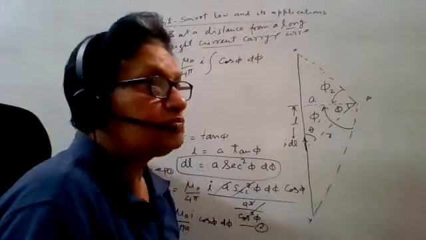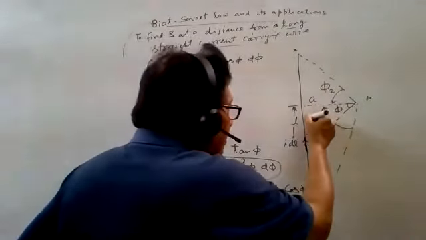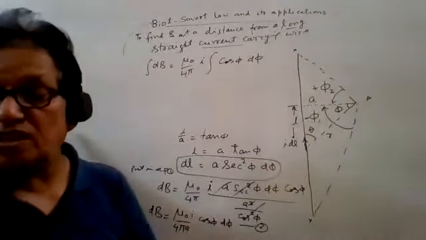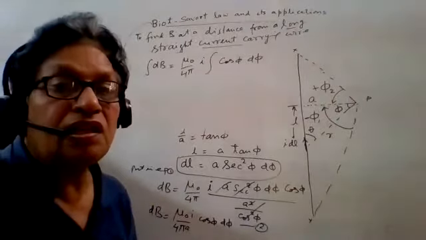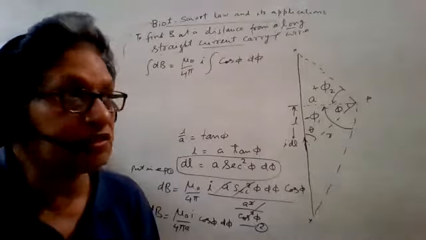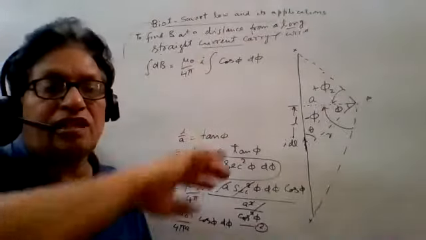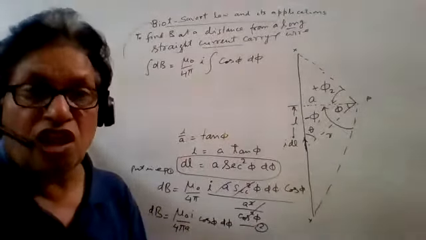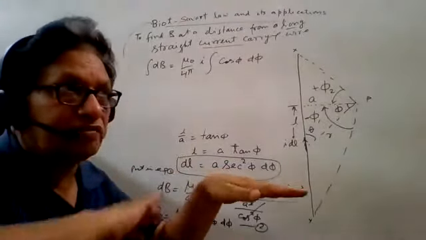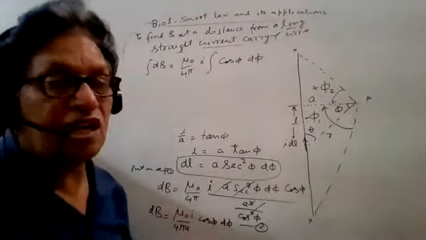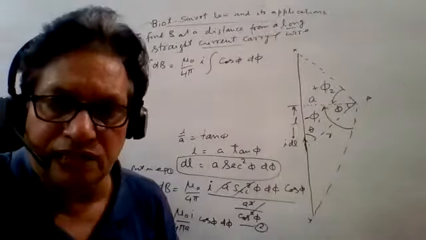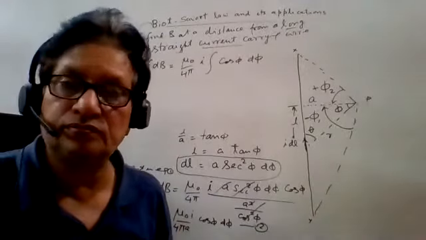There's nothing, but I am taking here phi 1 negative, phi 2 positive. Why? A math student can tell easily because a clockwise angle is negative and an anti-clockwise angle is positive. We are taking the angle from the x-axis in the anti-clockwise direction as positive, and clockwise as negative. That's why I have taken here phi 1 negative and phi 2 positive.